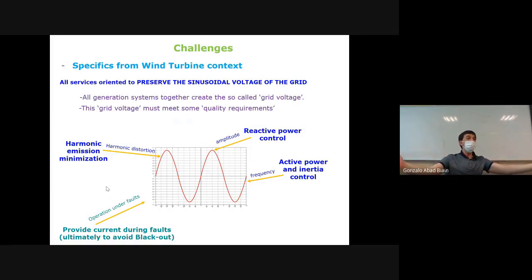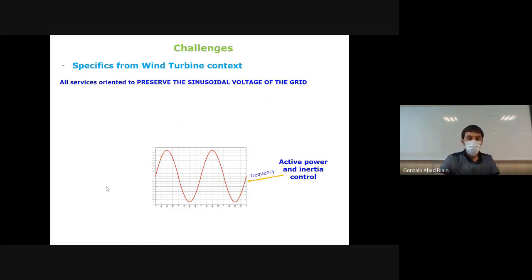And these are the challenges, and these are the reasons, according to my view. Maybe often there are grid codes that we need to follow, but we don't realize the reason why we are being asked to do that. So let's have a look one by one, very shortly, at all those challenges.